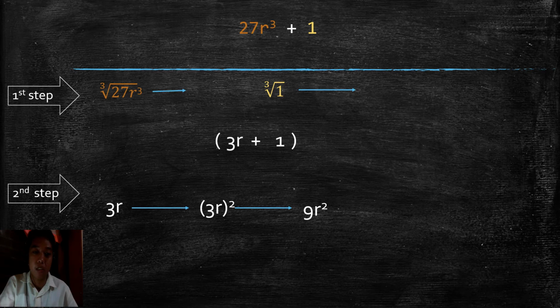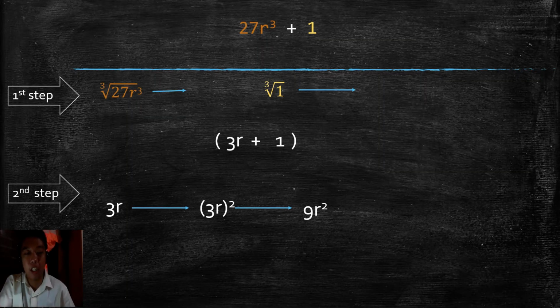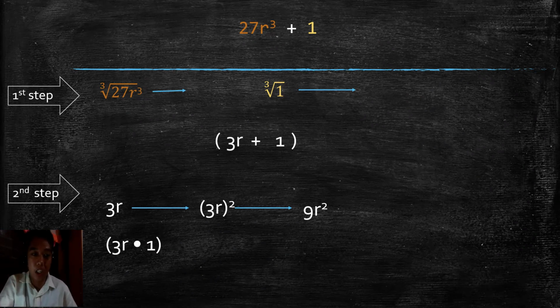So, next is take the negative product. Ang negative product ng dalawang cube root. Di ba ang cube root natin ay 3r and then 1. So, 3r times 1. Okay, so negative. Kukunin natin yung negative product of the two cube roots. So, we get negative 3r. Kasi 3r times 1 is 3r. And then negative of 3r is negative 3r. Okay, so